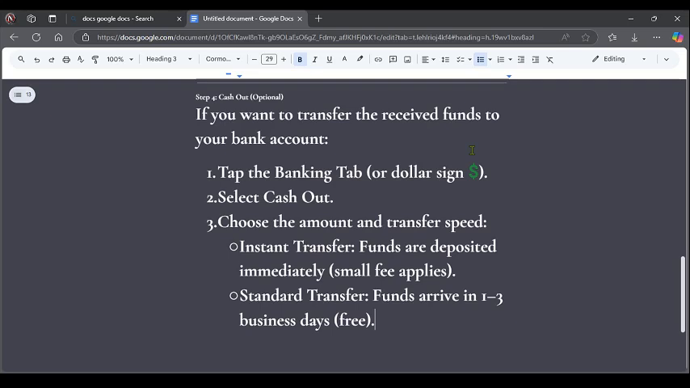Tap the bank tab, then select cash out, choose the amount and transfer speed, and that is how you can receive your money